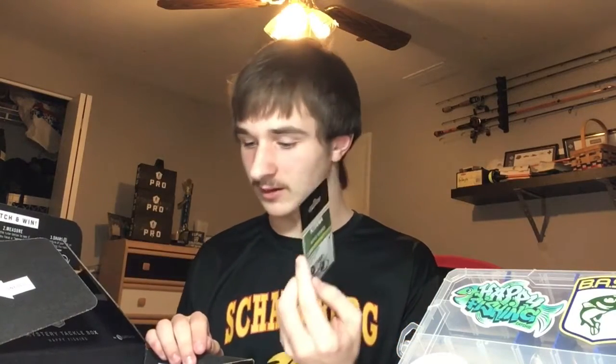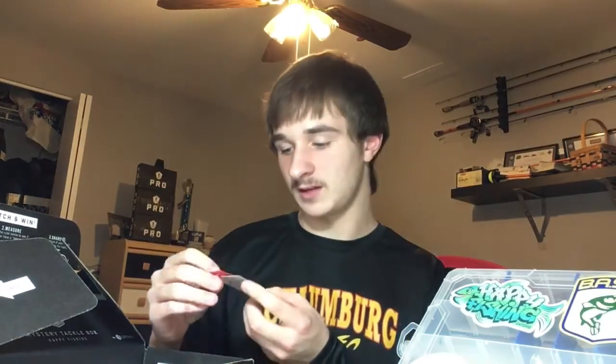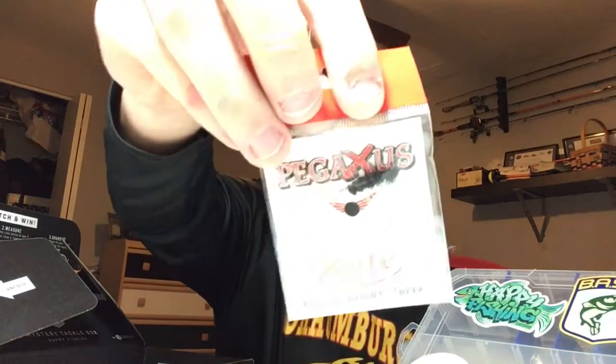See, we got some Neko hooks. That gets me excited because that means there's going to be a Neko rig in here. Ooh, this is actually something I need. Some pegs for Texas rigging. I actually don't have any of those, so glad they sent me some. What next? Ooh,